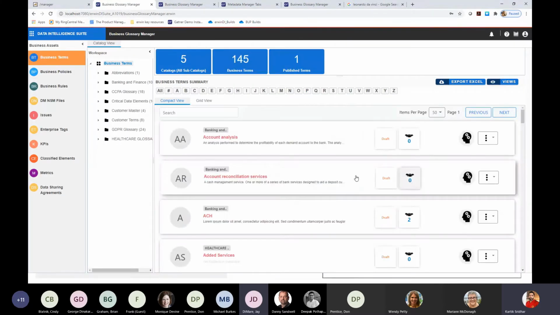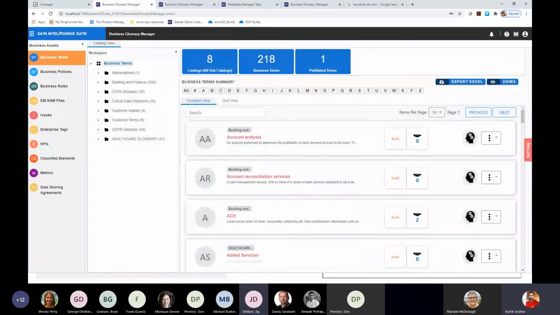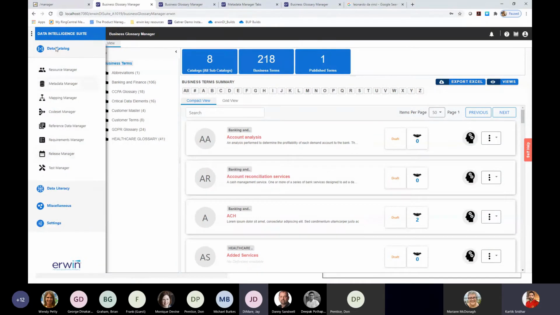So one of the first things that you will notice in this new version once you log in is you have a new navigation bar right at the top. This navigation bar is something that gives the product its unique branding. And what we have done with this version is we have a new menu, as previously mentioned. So you can toggle and navigate through your different components as required. And as an end customer, you now also have the flexibility to brand the application according to your corporate color.